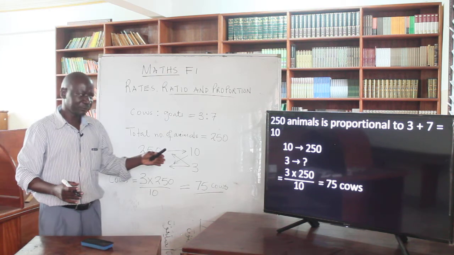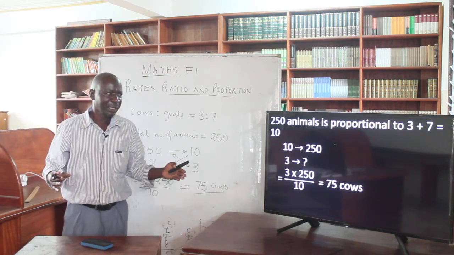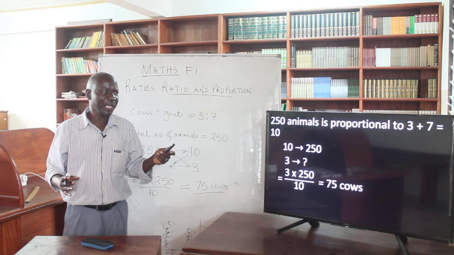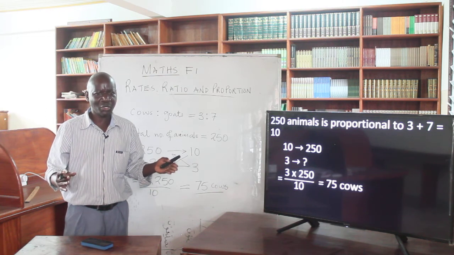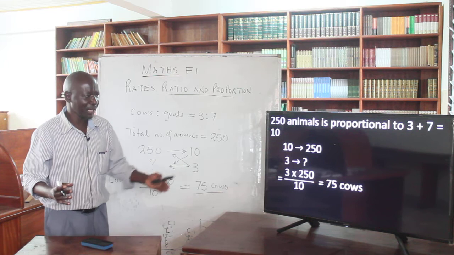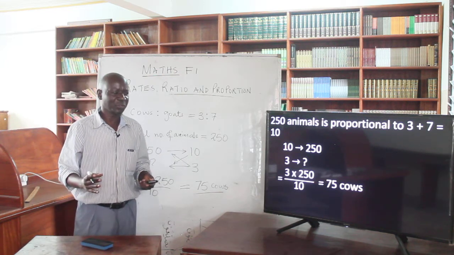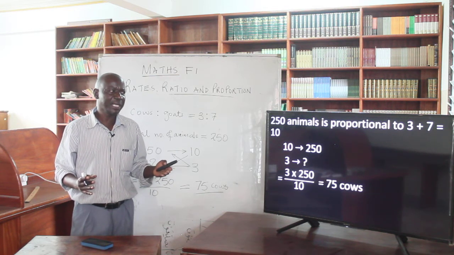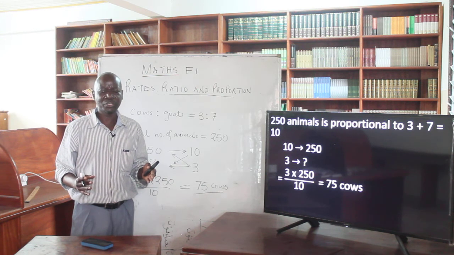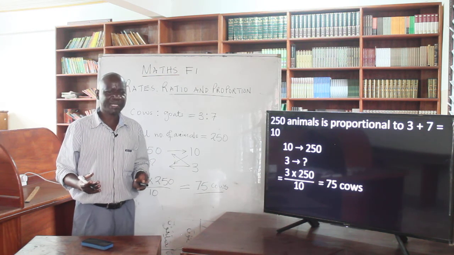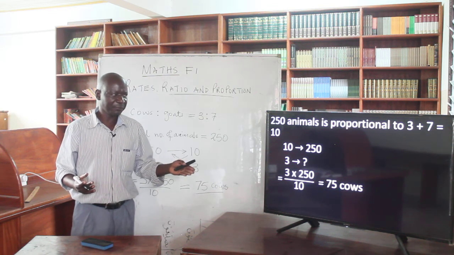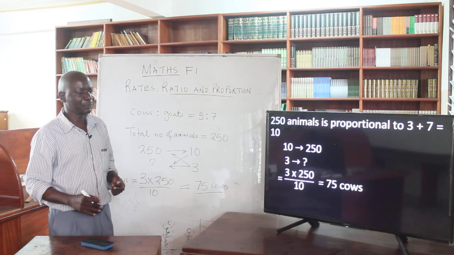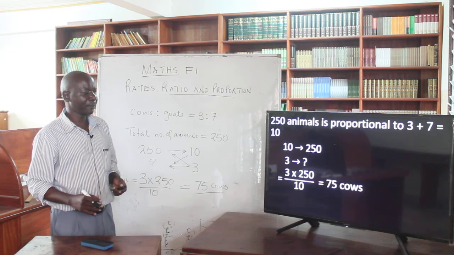So from this, I am sure that we have fulfilled our objectives, that we need to be able to define rate and ratio, and at the same time be able to calculate what is there in rates and ratios. From these examples that I've given you, I'm sure we are able to calculate anything that is pertaining to rates and ratios. I will give you the assignments on this video. There are some assignments at the end which I'll present to you, and I'm sure you'll be able to do them following the examples that I've